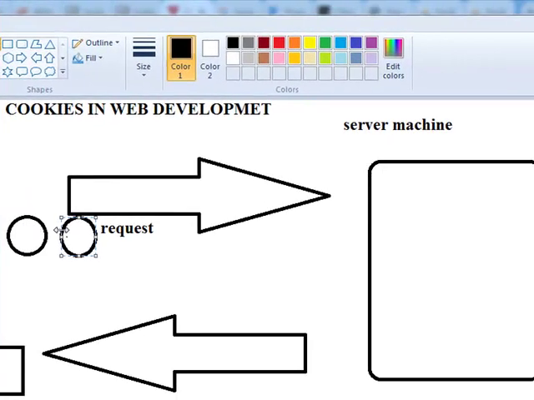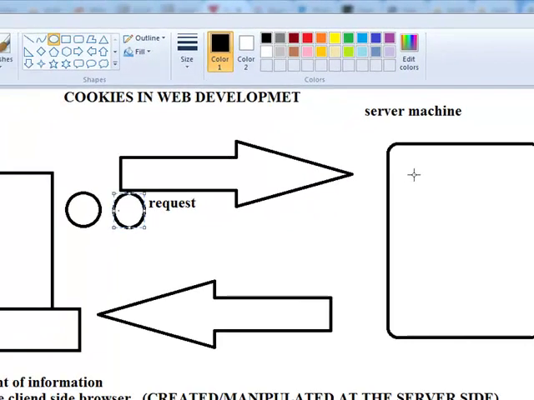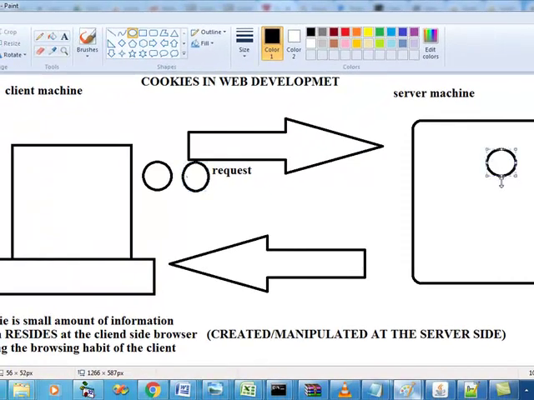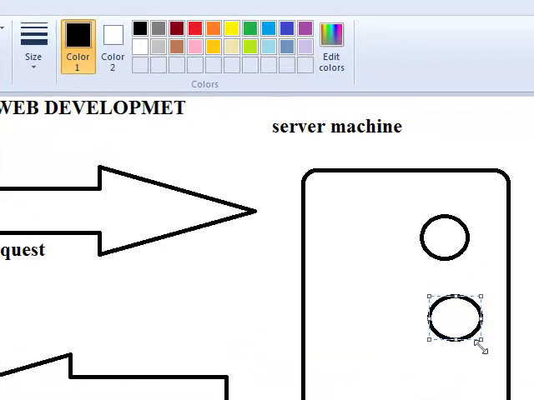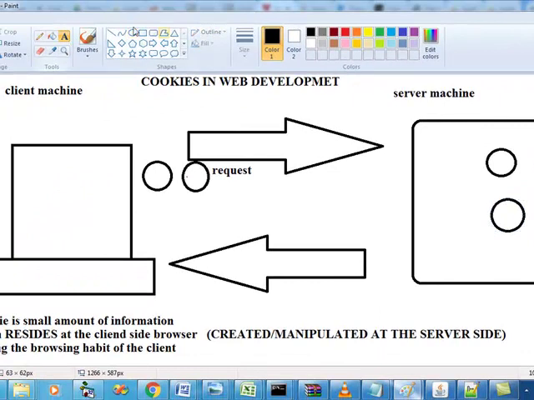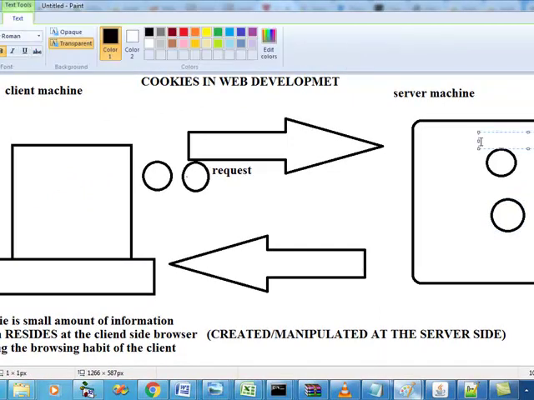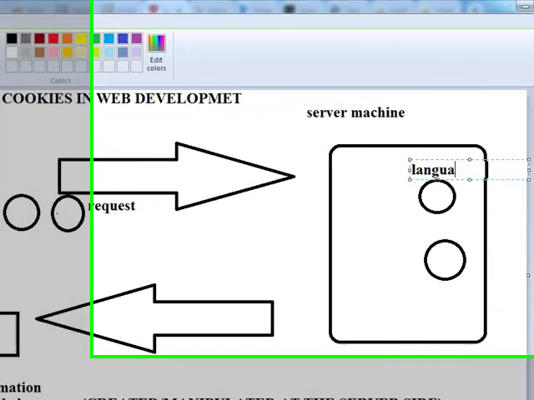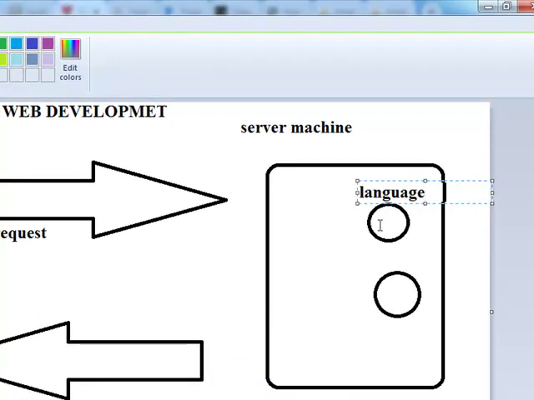So with the request, I'll be sending 2 cookies. So the server machine will read the cookies. How many cookies will it get? 2. Now if the preferred language was English, and the friend who has logged in has changed the preferred language to Tamil, where is the change taking effect? Server. So the cookie name will not change. The cookie name is language. It has been manipulated from English to Tamil.